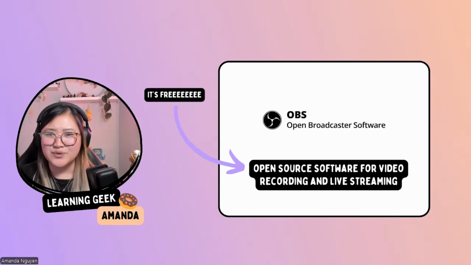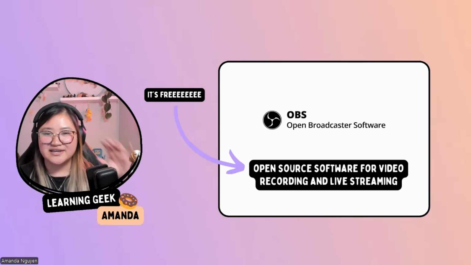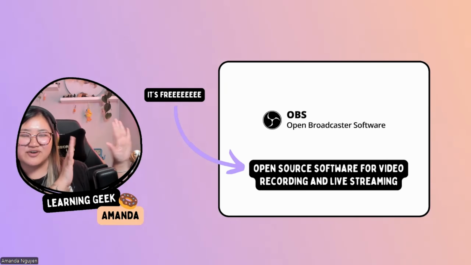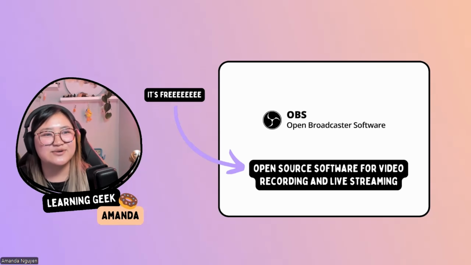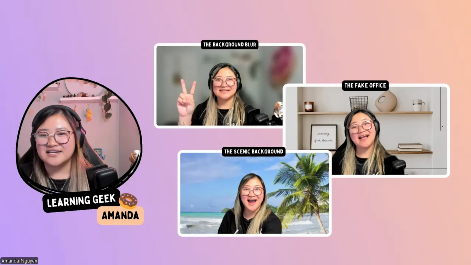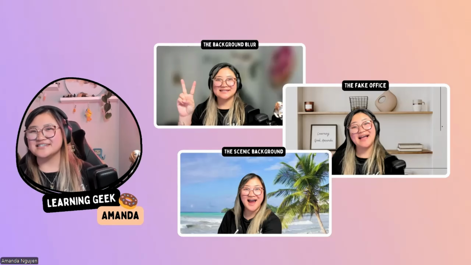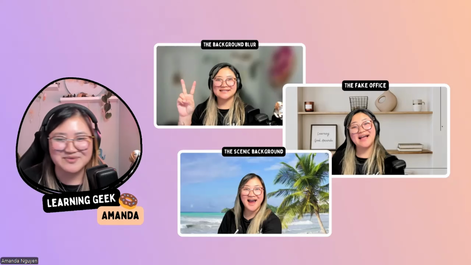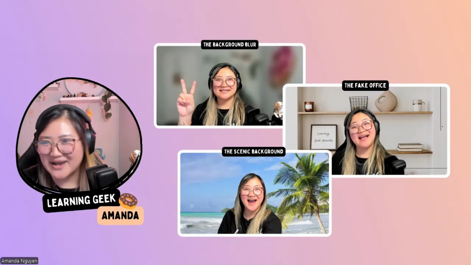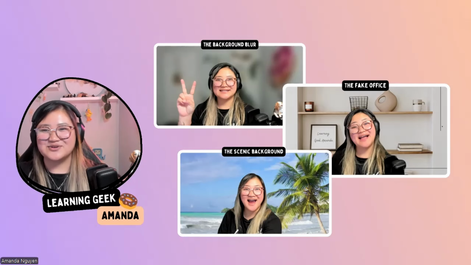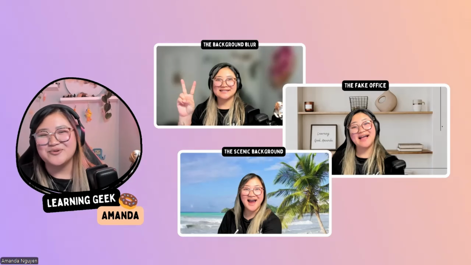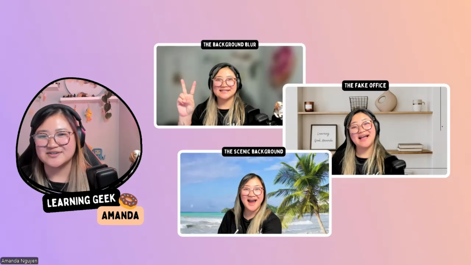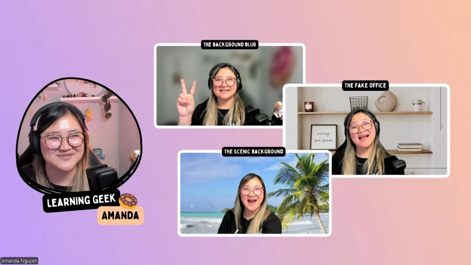So with OBS, you'll be able to switch things up. As you can see here, you can create your fun little frames. You can have content on your right-hand side or left-hand side. And also you can finally get rid of the boring Zoom backgrounds. These are examples of Zoom backgrounds that you might have seen or experienced in the past. The typical blur backgrounds through to the fake offices or fun scenic background locations. We can definitely switch it up a bit if you are a facilitator or trainer running your sessions. It's nice to stand out a bit as well.